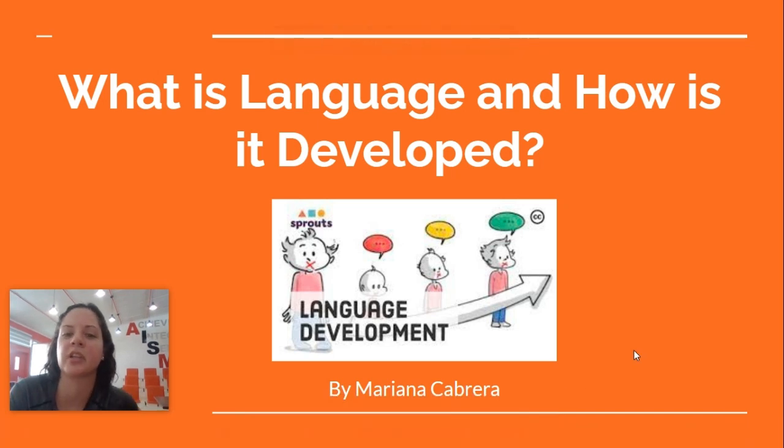What is language and how is it developed? The reason why I chose this picture is because for me it connects that it's a process. Even when kids grow, you see that they change from a baby to a kid and then to a teenager. The reason why I like these images is because maybe they don't know their language, maybe they don't know how to speak,